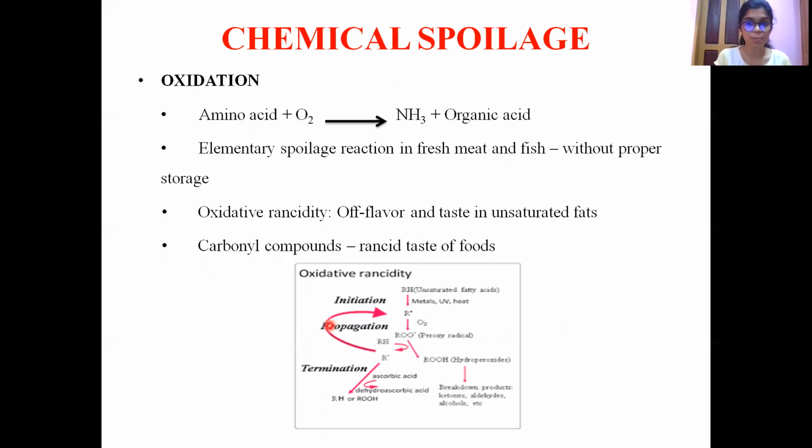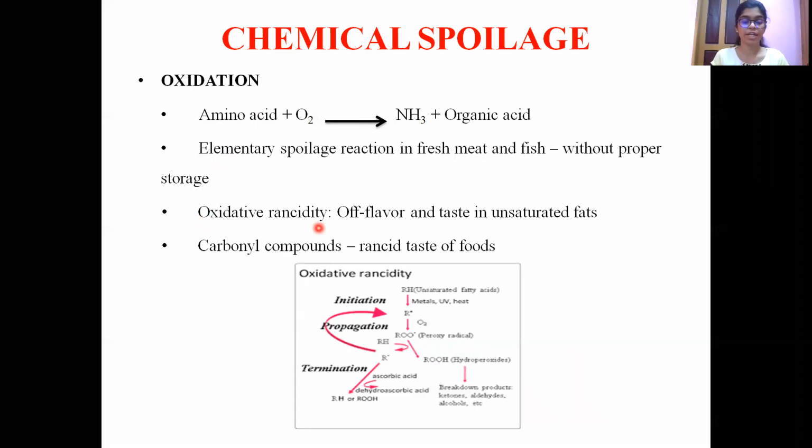Next is the chemical spoilage happening in the food, and the factors responsible are oxidation, proteolysis, putrefaction, etc. So let's discuss in detail every process. Oxidation is generally a very common factor in fats and oils, where it causes oxidative